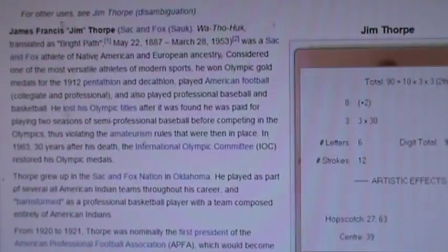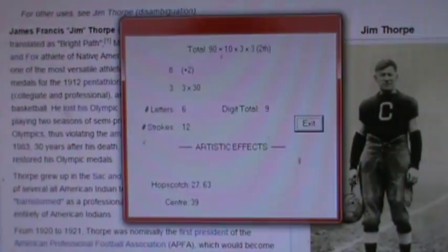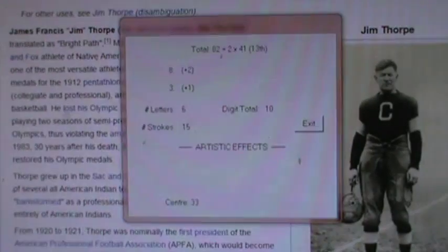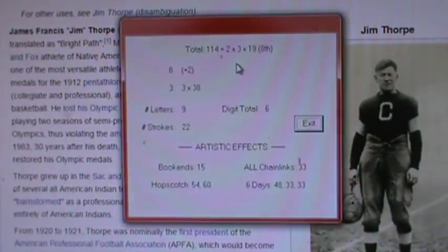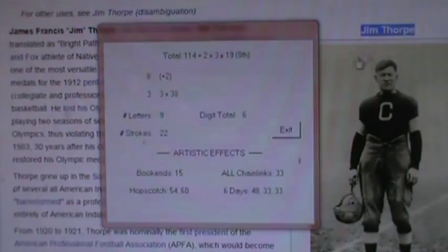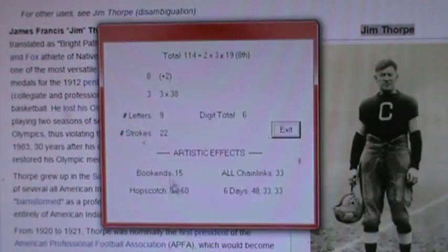Well, now go into the birth name of Jim Thorpe, and there's your famous James again. You know, James, 48, Francis, +1, Thorpe, +1. What is his full birth name, James? Jim Thorpe divides by 3. Look at Jim Thorpe. That's very similar to Andre de Grasse, who had all chain links, all bookends, hopscotch, and